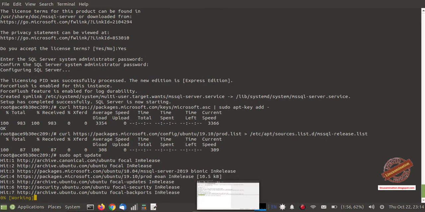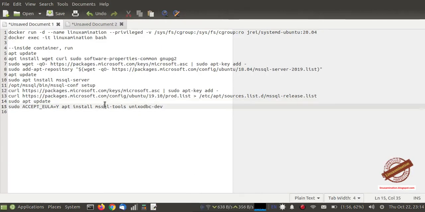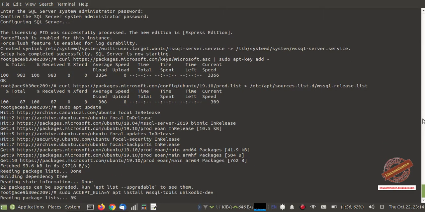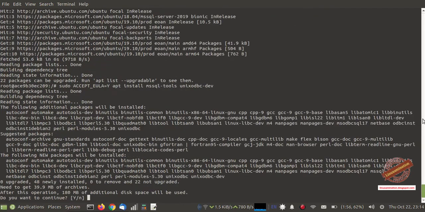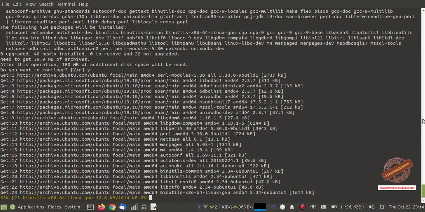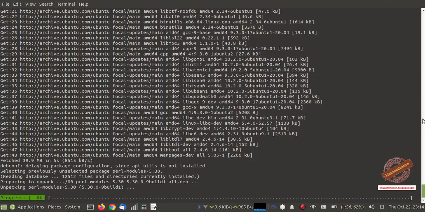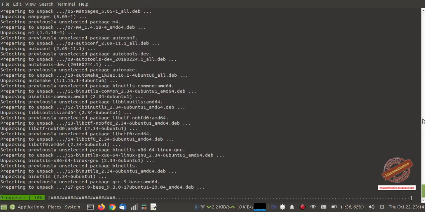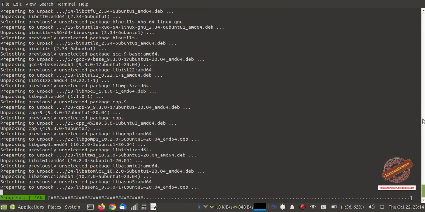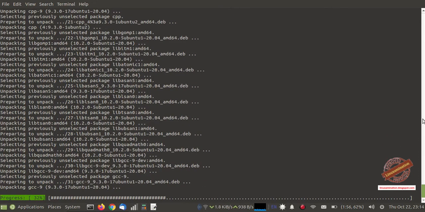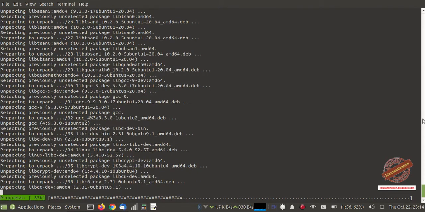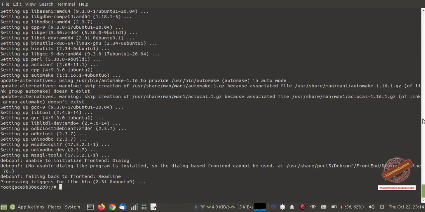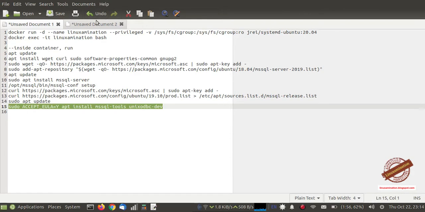Now after adding the keys, I am updating the apt repository and this is the command to install MS SQL tools. Now the tools have been installed successfully,